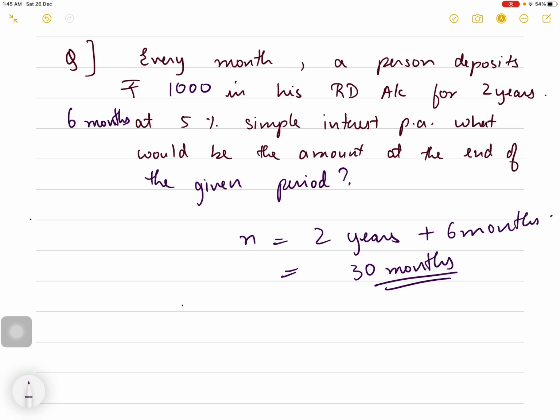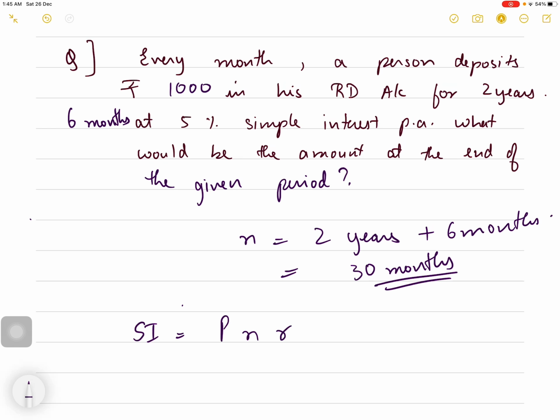So 30 months means the total number of months would be 30 plus 29 plus 28 plus 27, right? That is 1 plus 2 plus 3 plus 4 plus till 30, right? So my simple interest